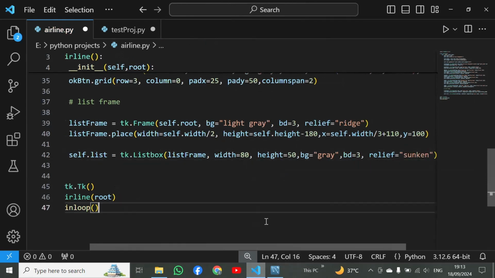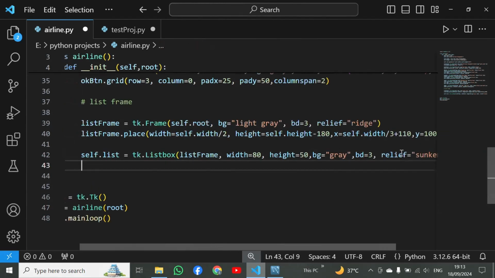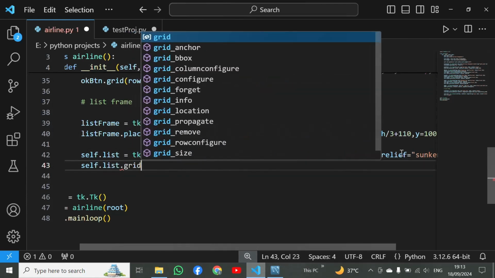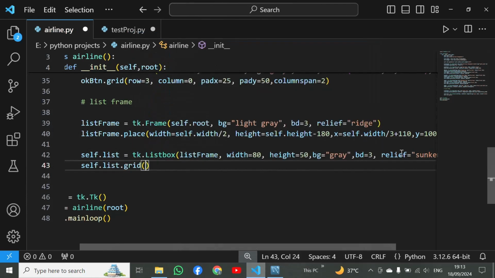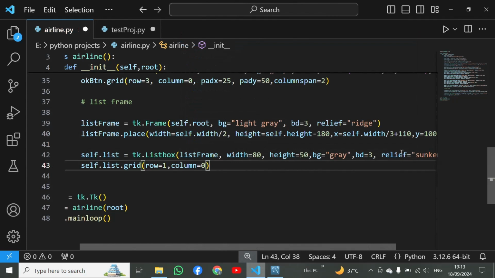And next I have to go to the next line. To set its position I will use self.list.grid, and I have to create this in the second row, row 1 and column 0, the first column of the second row,